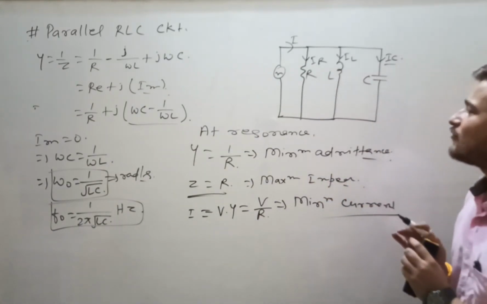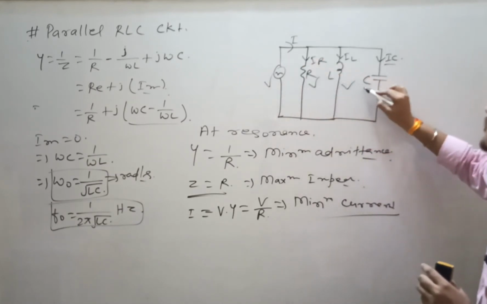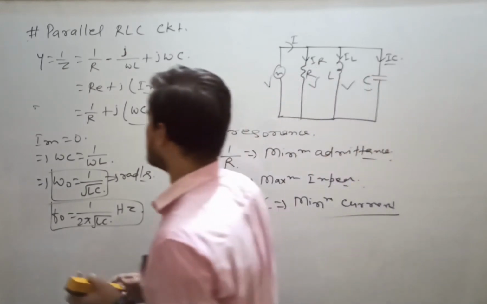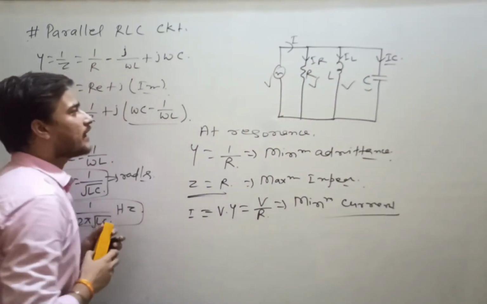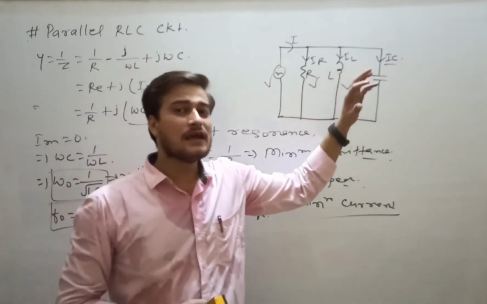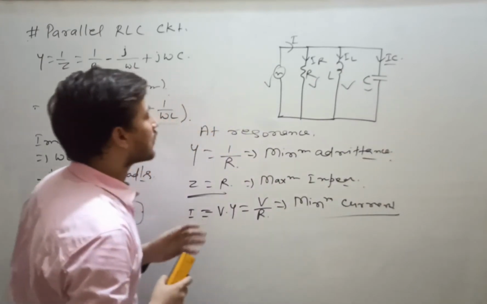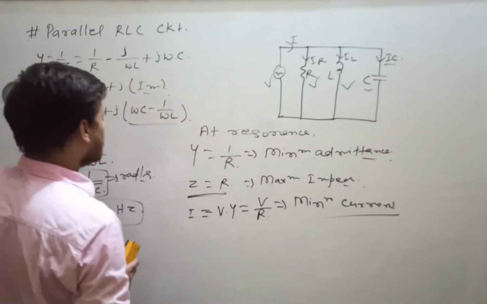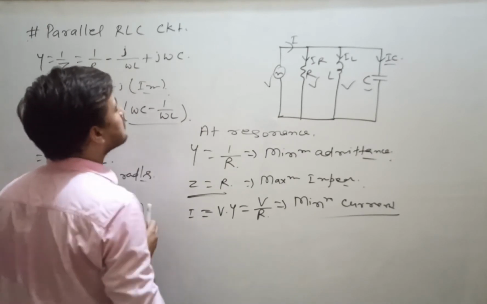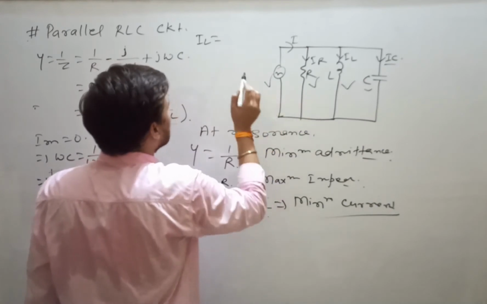Now what do you see? The voltages are equal, but the currents are different. If the values of the currents are different, then we can say that this circuit might be behaving like a current amplifier. So let us check the currents IL and IC. What is the value of IL? Current IL will be